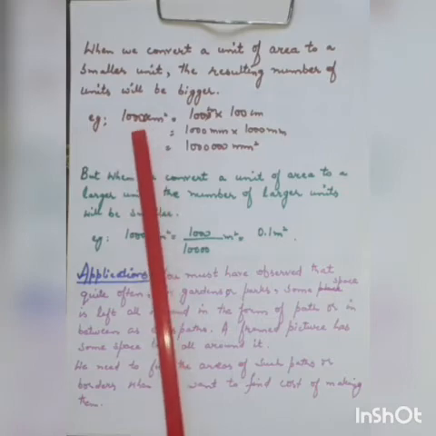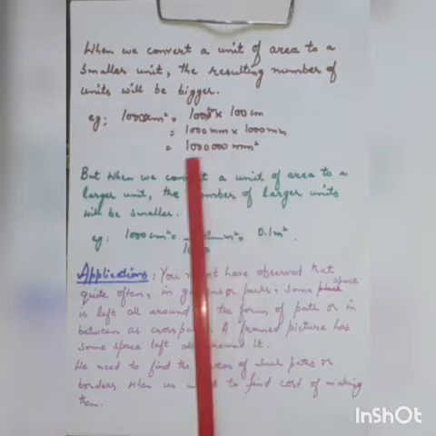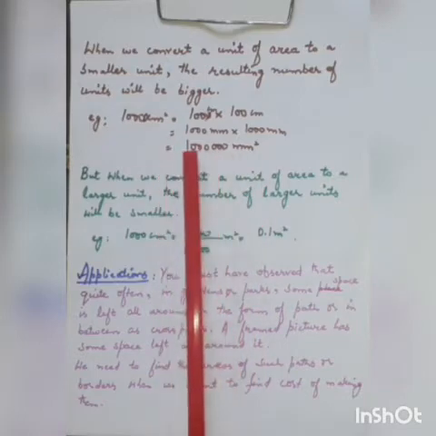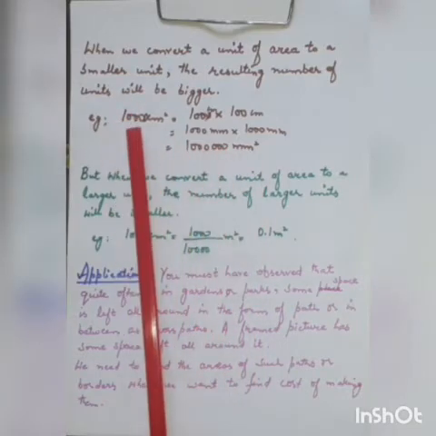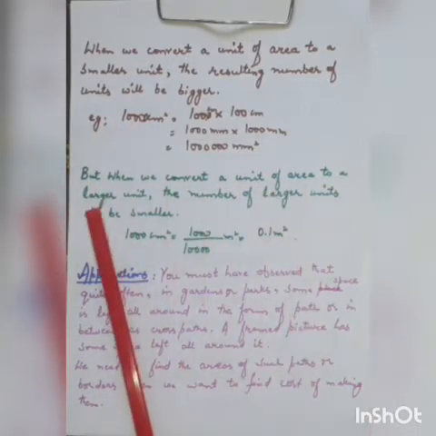Centimeter square is a bigger unit. When we converted this bigger unit to smaller units, the resulting number is bigger. It means this number is having more digits than this number. Clear? But when we convert a unit of area to a larger unit,